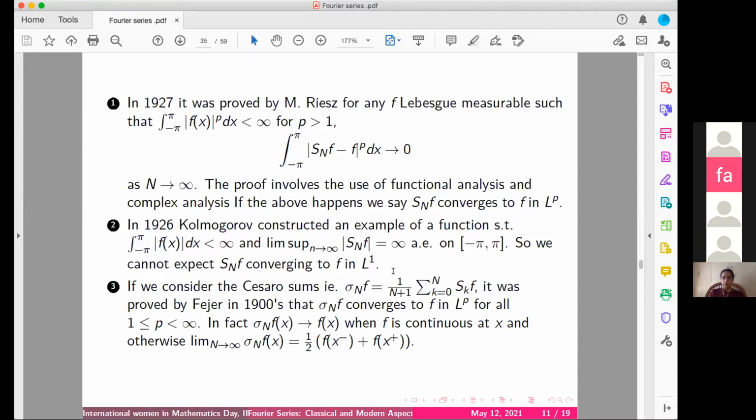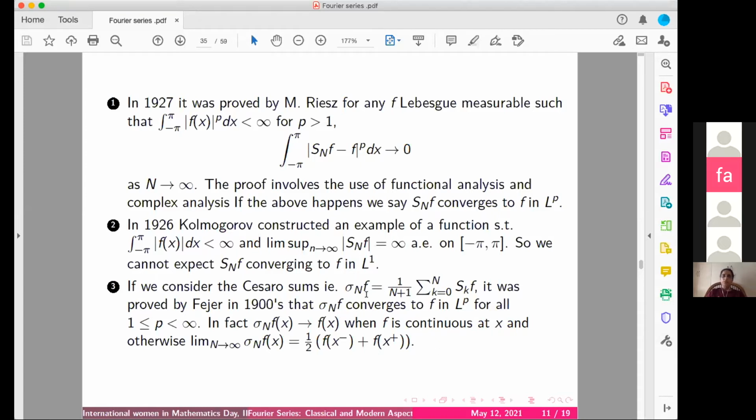You might have seen this technique in your higher secondary, or in your first year: if a sequence does not converge, then you try to take the mean of that and see if that converges. So this is the Cesaro sum. We define Cesaro sums and try to see if at least this converges to f, because